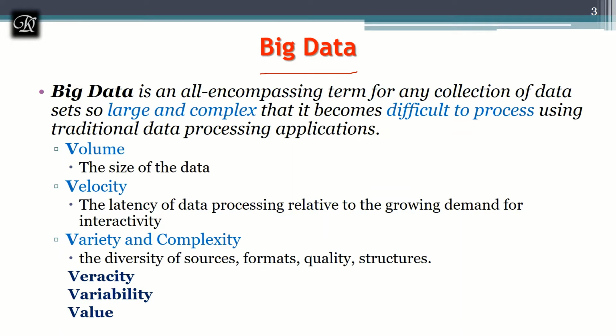When we take data, there are three types of data we can take from the world. One is structured data, one more is semi-structured data, the next one is unstructured data. What does it mean? Structured data is what we have already known from our relational database system, RDBMS, which you have studied in the 5th semester. The data which is stored in terms of rows and columns is called structured data, which directly comes from our RDBMS. Semi-structured data is data which is stored in the XML format. Most of the cases, the online documentation and all will come with semi-structured data.